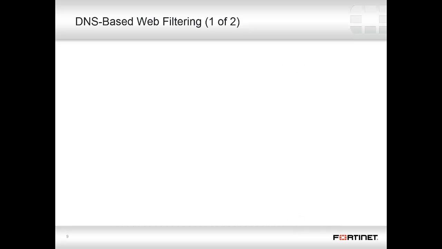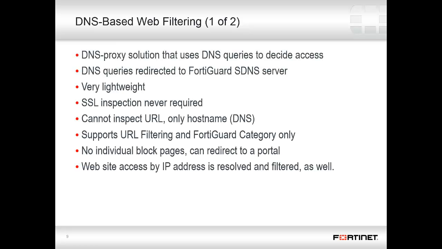Lastly, we have another option for web filtering called DNS-based filtering. As the name implies, the DNS query is used to determine where the user is going. The query gets redirected to the FortiGuard SDNS servers in order to determine a category. Since it is working on the DNS level and not proxying or parsing HTML traffic, it is very lightweight on both memory and